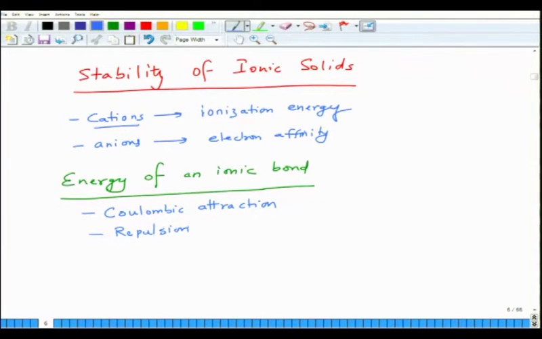Okay, repulsion is often called Pauli repulsion. Okay, so when you put A and X, this is A plus, X minus, there is